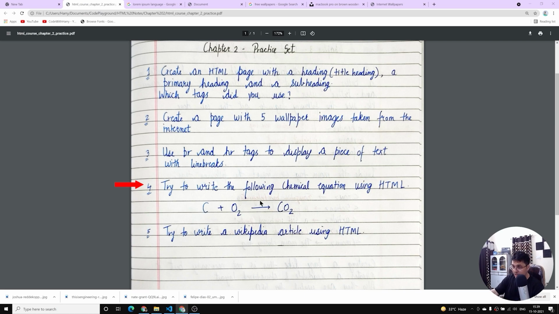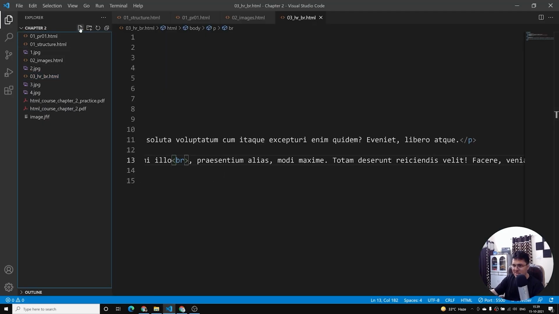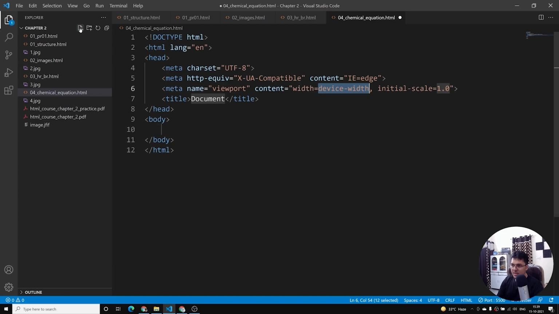Super simple. Once again, it's a chemical equation. You have to model it inside a web page. This is very simple, and HTML in fact is very simple, let me tell you. So by the end of this video, by the way, you'll know everything you need to know about HTML. HTML is pretty straightforward. Let me write chemical equation, chemical underscore equation.html, and boilerplate code, and I'll say C plus